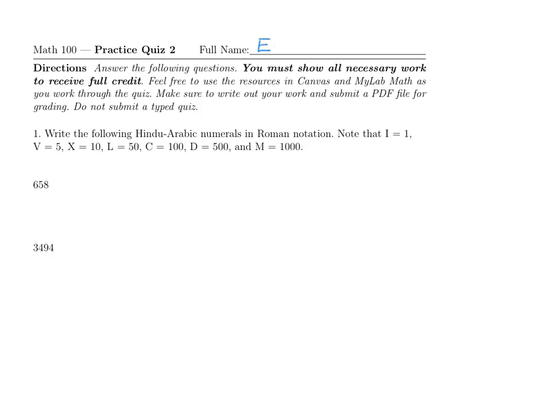Let's go over a couple of practice problems for quiz 2. In question 1, we'd like to write the following Hindu Arabic numerals as Roman numerals, using these symbols and their